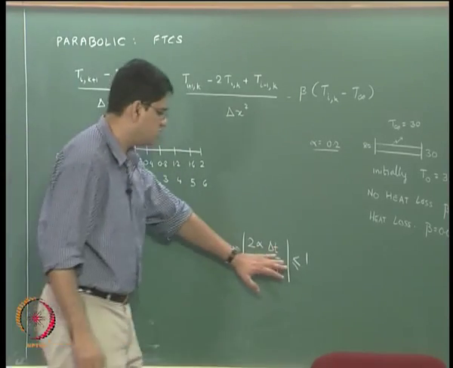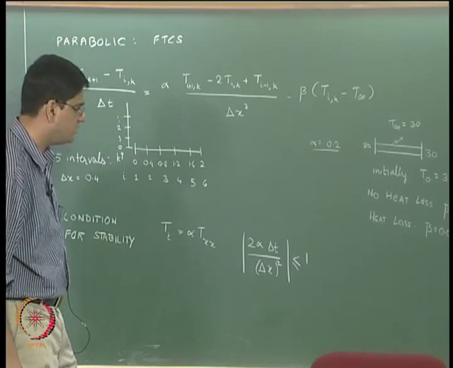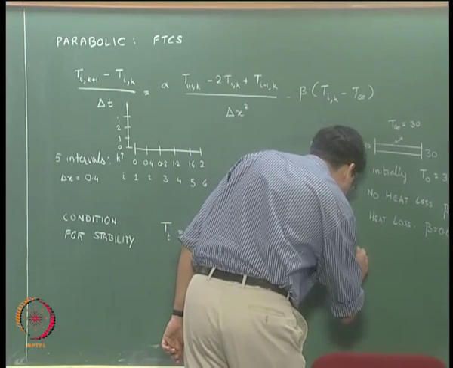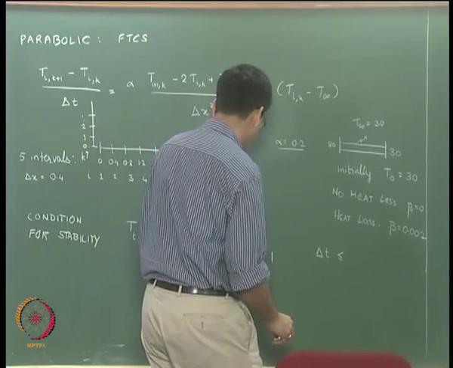Okay. If this condition is met, our overall scheme is going to be stable. If this condition is not met, our scheme is going to be unstable, and to put it in another way, delta t should be less than or equal to delta x squared